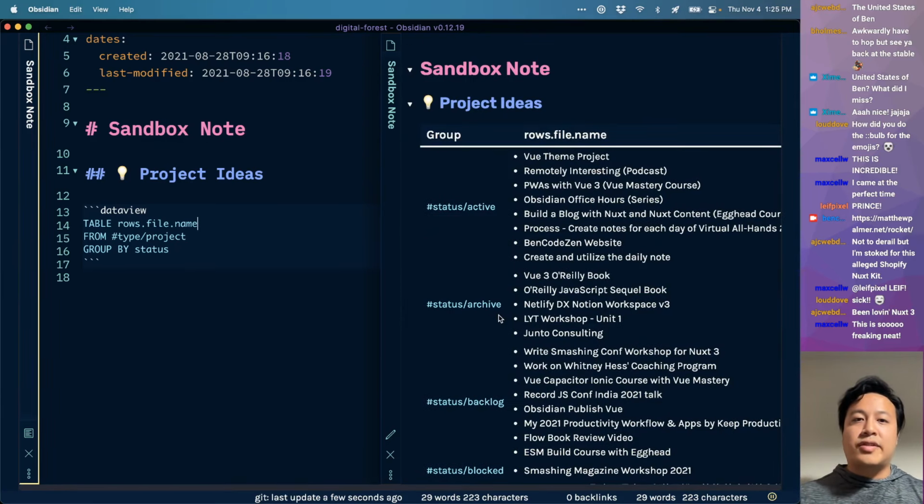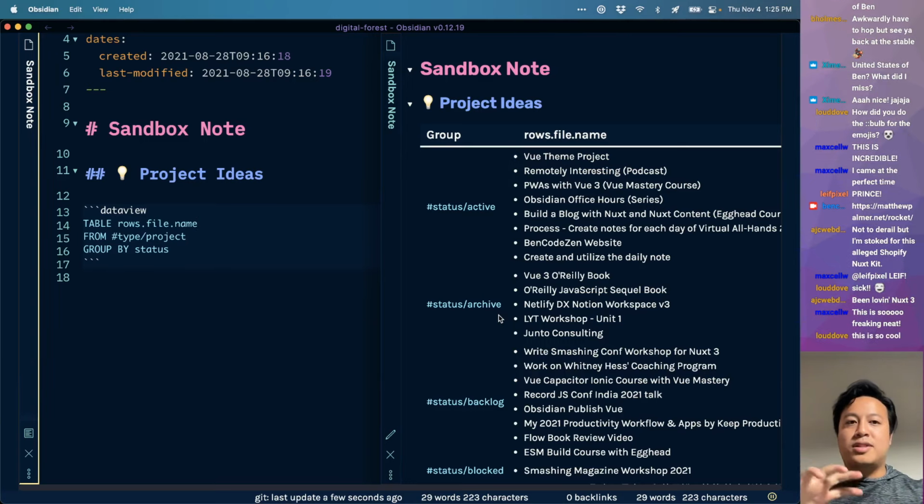And so this is a really great way to easily query and see your notes in different contexts. There are a lot of different things we can get into as far as a true deep dive on DataView as a plugin. But what I wanted to spend time today doing is diving into the JavaScript API because, well, I think,